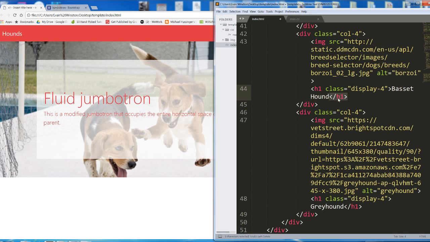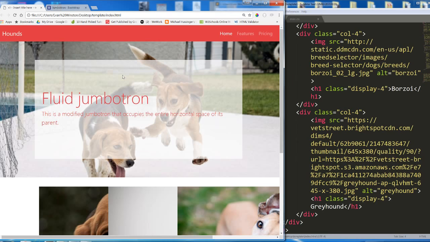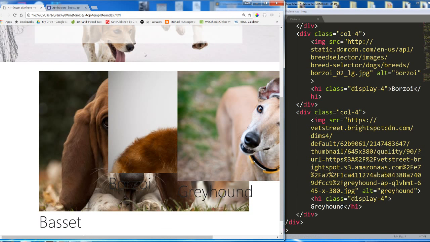That's not right. All right, I reload my page and